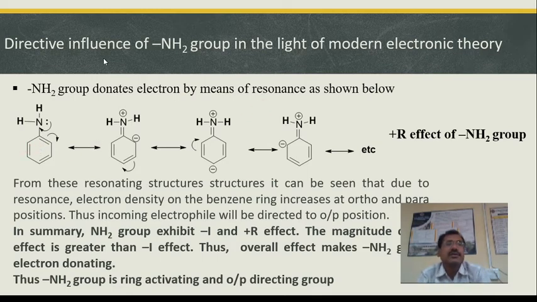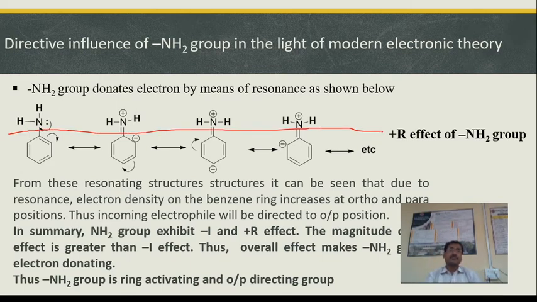Again, have a look at these resonating structures, and you will notice that the lone pair of electron on the nitrogen is being given to the benzene ring and shifting the pi bond to the ortho position. So what is happening? These structures are very similar to the ones we have seen in the case of OH. Again, I will draw a central line separating the group from the benzene ring. What has happened? In the first structure, there is no charge